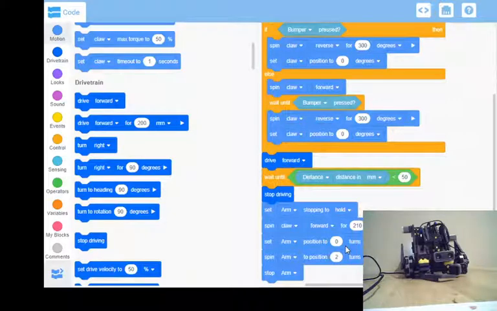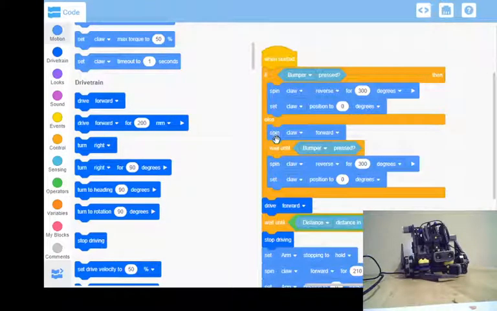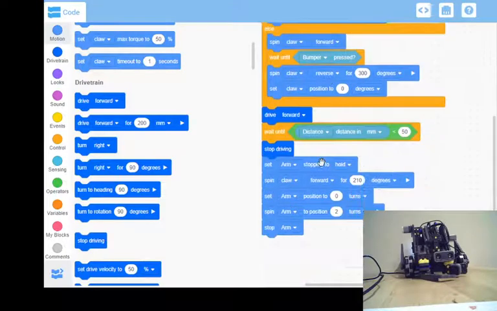Alright, so we've got some basic programming going on here. The next thing that we could do is, we've got a lot of blocks going on, and if we wanted to do a great big autonomous program, something for a competition, this program is going to get very, very long as we go. So one thing that we can do is start breaking it down into sections that we can call later. So the first one is we've got this drive forward until it hits a distance of 50, and